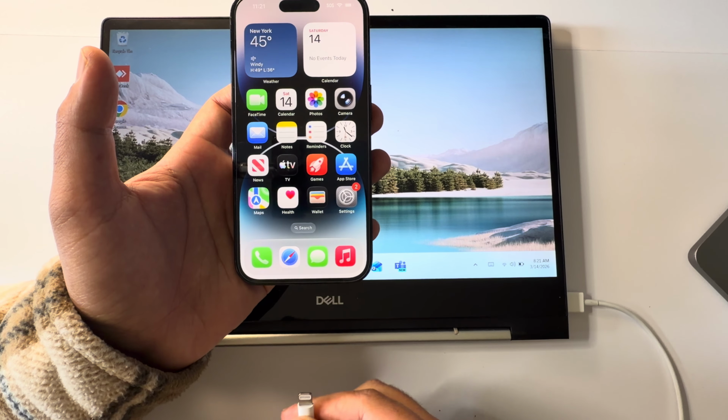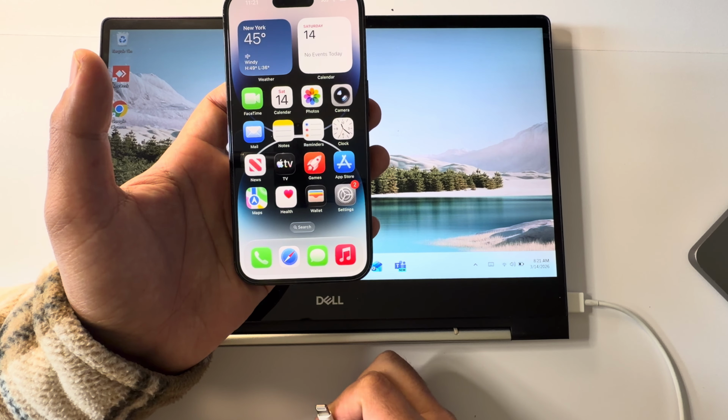Hey everyone, welcome back. Today I will be showing you how to transfer your photos from iPhone to Windows or